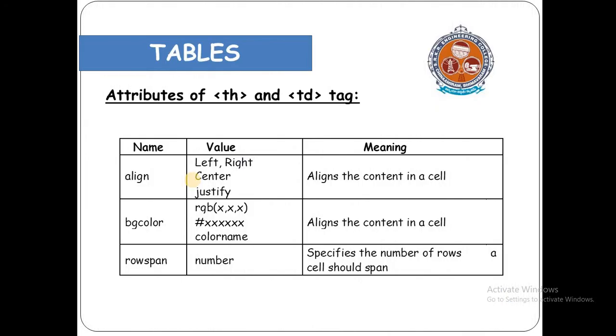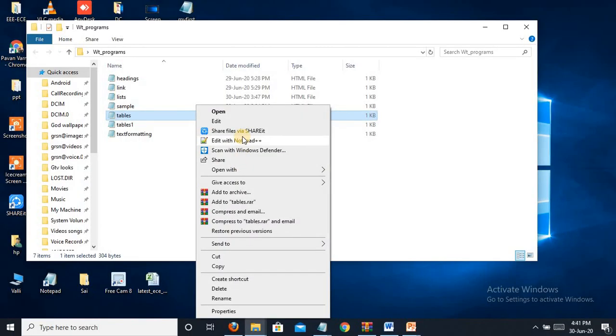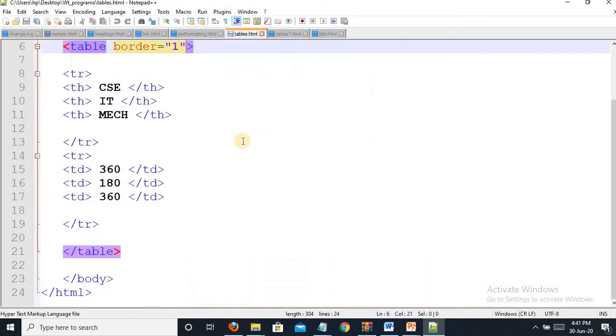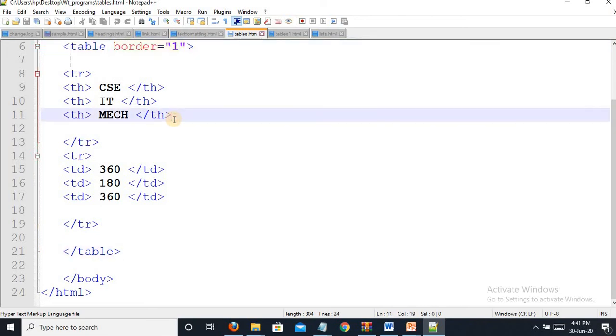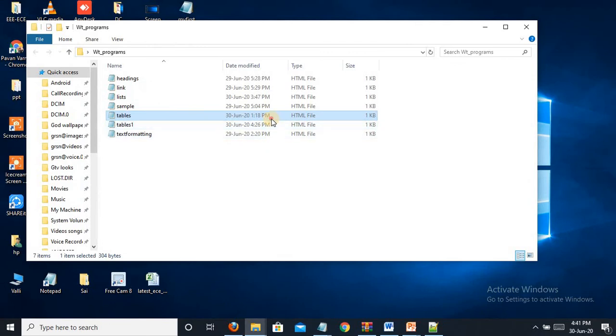So let us go to the example. First of all, let us see a small example. I have already shown it. So here I am adding. Let us run this first of all.